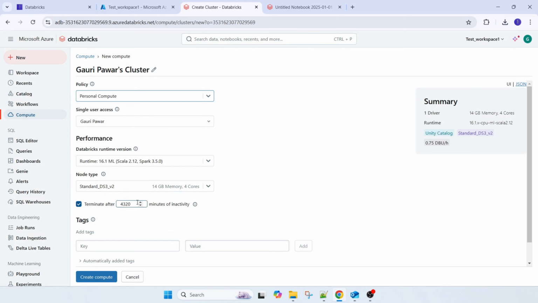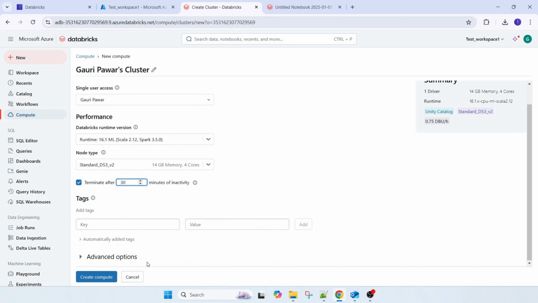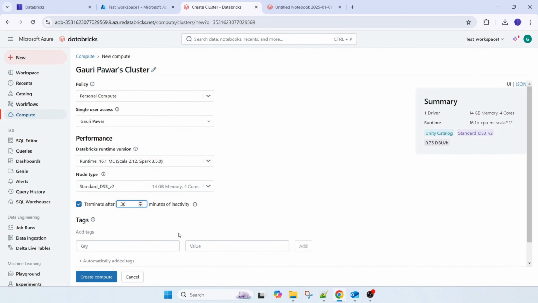Okay, a cluster is nothing but a group of computers. It either contains a driver plus workers, but here only one compute acts as a driver plus worker. Terminate after how much time? I'm saying 30 minutes. After 30 minutes, if we are not using the cluster, meaning it is an idle cluster, then it will automatically